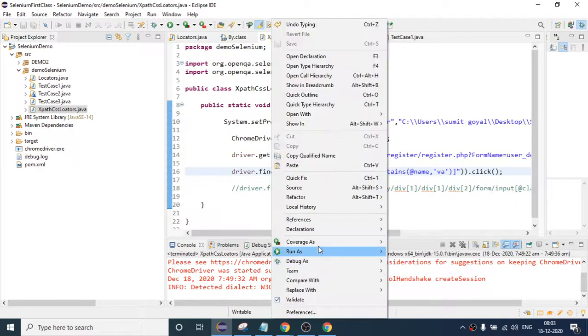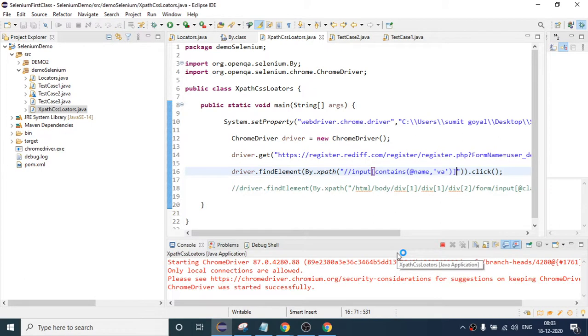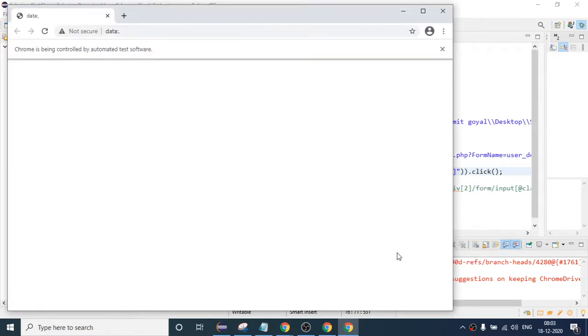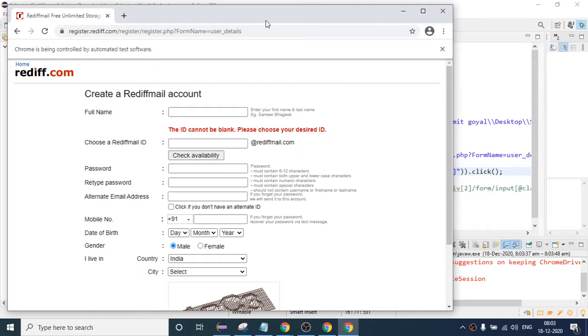So if I run it, you can see it has clicked it very fast. So this is how you can form.